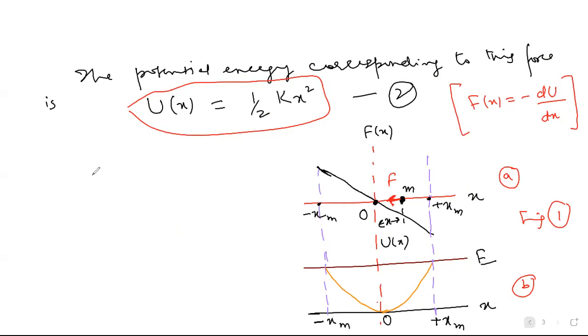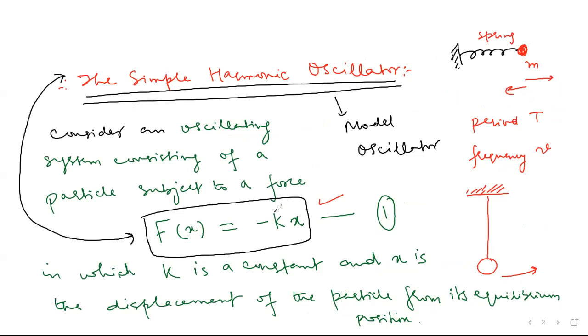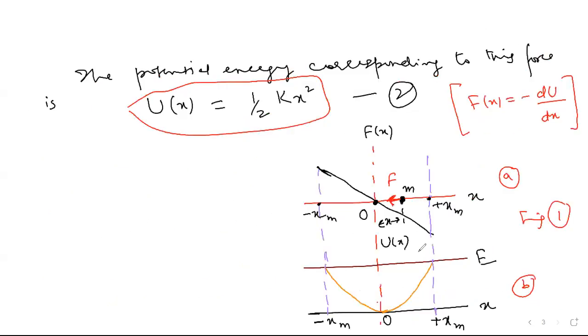As I repeat, this expression for force and this expression for potential energy are simply the expressions for the force and potential energy of an ideal spring of force constant K compressed or extended by a distance x. Hence,